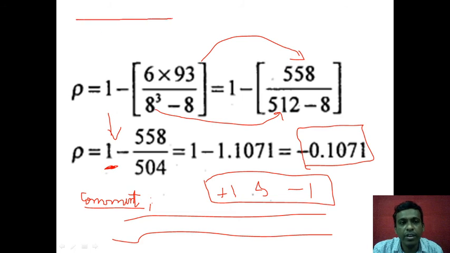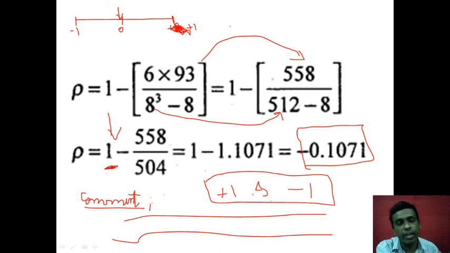I'll just draw the number line for your reference. This is 0, this is -1. This we have done in theory classes earlier. If you want, you can go into much more detail and see this. Sorry, this is +1. So between -1 and +1. Your value, -0.1, is somewhere here. So it is lying between -1 and +1. All the values that we have calculated so far actually lie between -1 and +1.